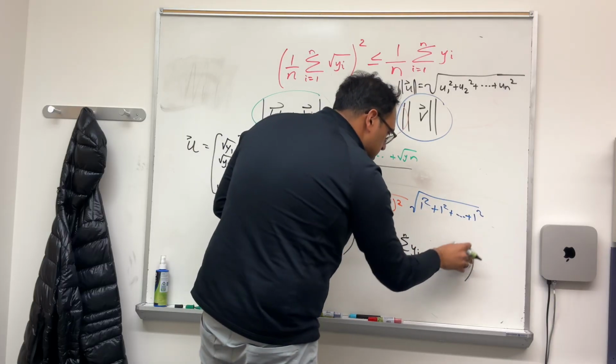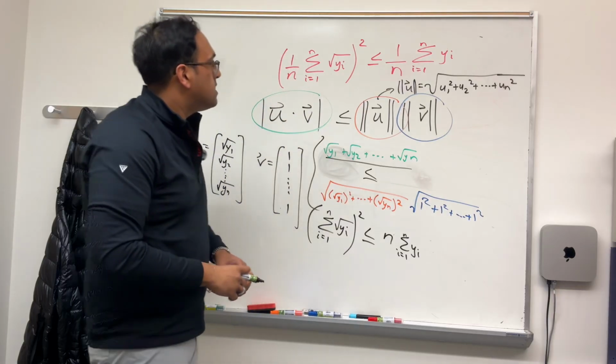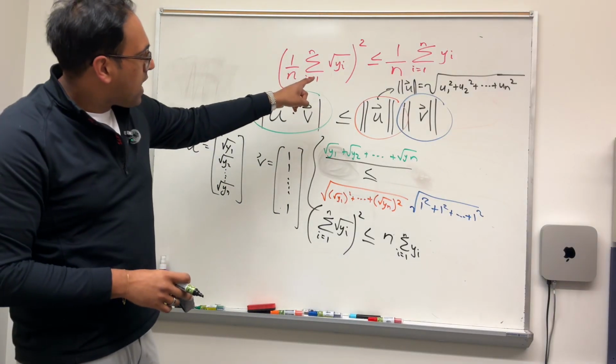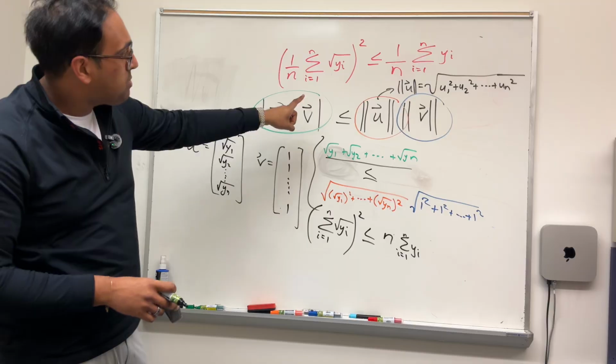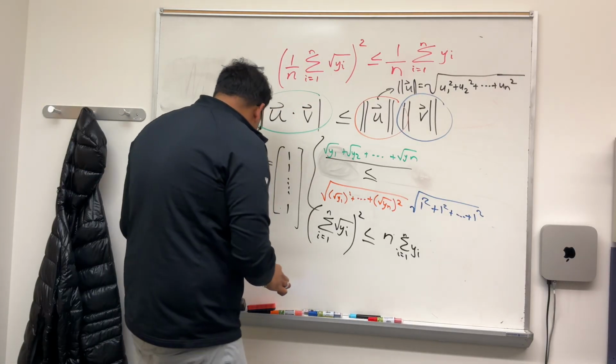So now I have this and this. And this n is a constant, so I can pull it out of the sum. Is this the same thing as what I've got going on up there? Not quite, but it's almost there, right? All I need to do to make the conversion, this may seem like it's coming out of nowhere, but now